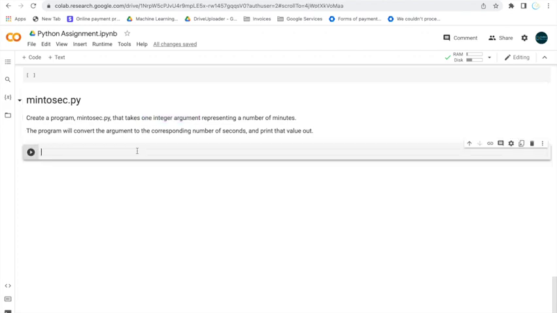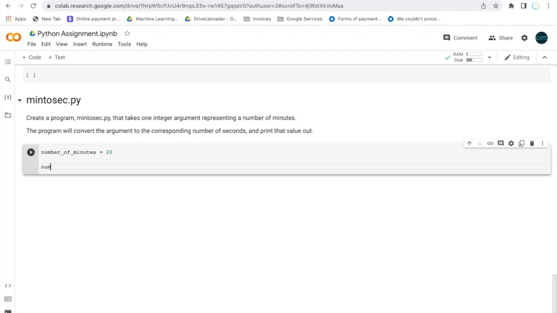So I'm going to create a variable and assign it some value, a number of minutes, and then we will convert this number to seconds. I'm going to create a variable named number of minutes, and suppose I initialize the value to 20, and we have to convert it to